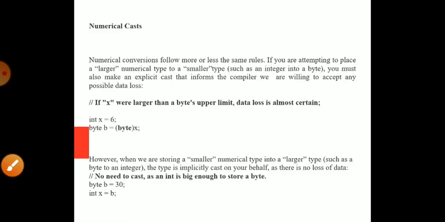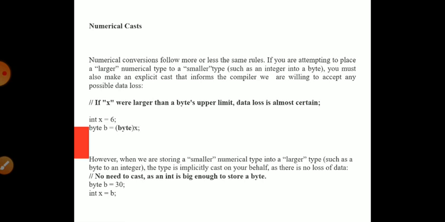Next you will be learning about a concept called numerical cast. Already you know about implicit casting and explicit casting. Another new concept is called numerical casting. Numerical casting is nothing but putting some numerical data into variables declared with certain data types. So it is meant to be casting of numeric variables.